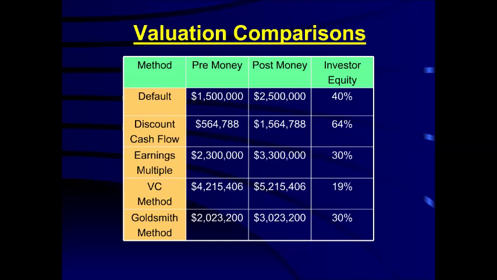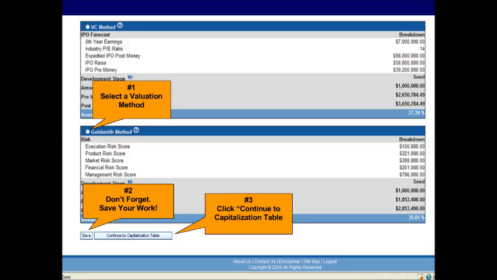Keep in mind that the valuation methods dependent on the company's financial projections are only as good as the projections. Some investors will automatically reduce the company's financial projections by 50% to account for what they consider to be the entrepreneur's exuberant enthusiasm. Once you've calculated the valuations, pick the one that represents your favored value by clicking the circle